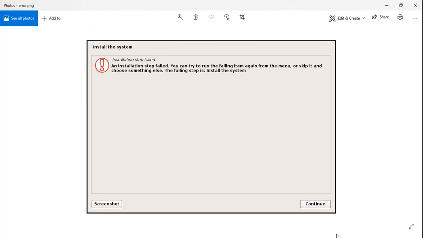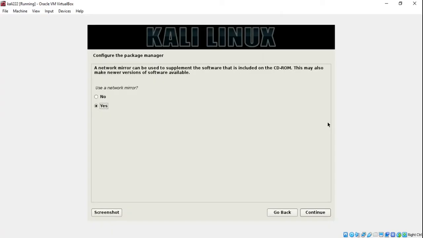Don't worry, the other settings are exactly the same as the previous one. The only difference is the storage. So remember, whenever you are installing Kali Linux, give at least 15 to 20 GB of storage. Don't leave it to default for 8 GB.